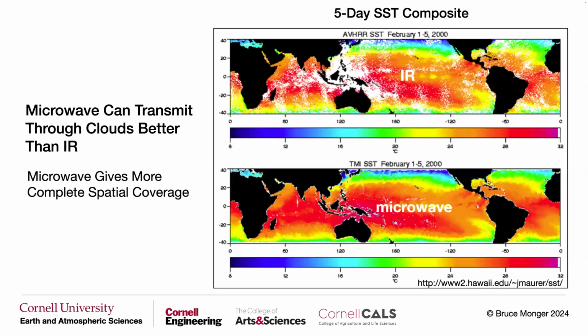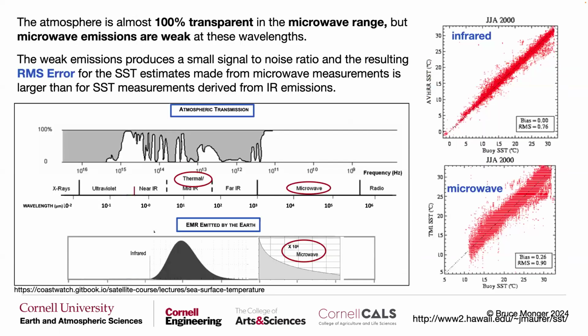The nice thing about microwave emissions is that they're transparent to clouds. They can go right through the cloud, so you don't have all that data loss because of clouds. So that's the big, like, wow, that's super cool. Why doesn't everybody use microwave? And in the case of infrared, you have a lot of data loss wherever there's heavy cloud cover. You're going to have data loss. So the advantage of the microwave is that it's transparent to clouds, and the disadvantage though is on this slide, which is